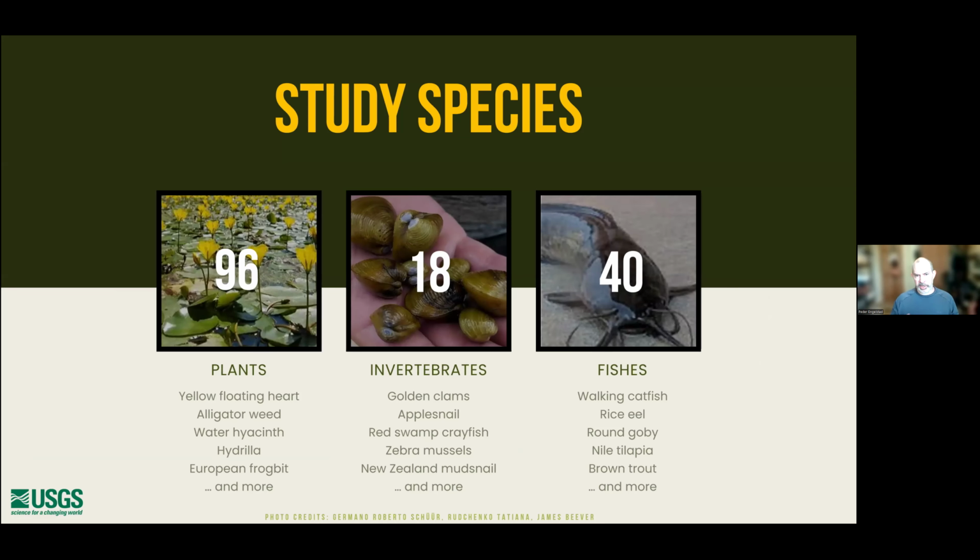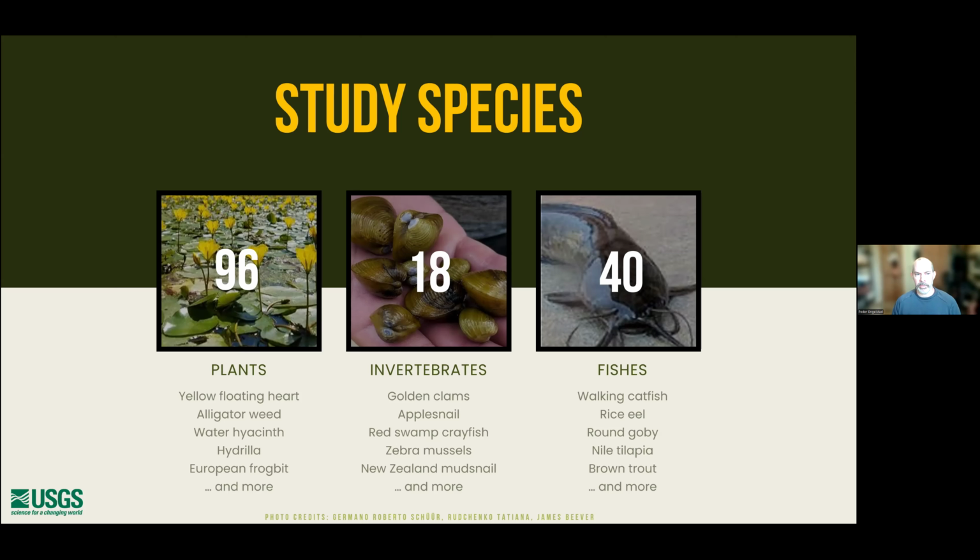So for this study, we solicited species from project stakeholders in previous webinars for this project. We really wanted to emphasize a co-production environment where we're really leaning on managers and stakeholders in the Northeast to tell us, whether you're local, state, or federal, what are the species that you're concerned about now and going into the future. And so this is just a quick snapshot of some of the species that are in our initial list. Out of this list, of course, there's some species that have lots of data and some species that really don't have